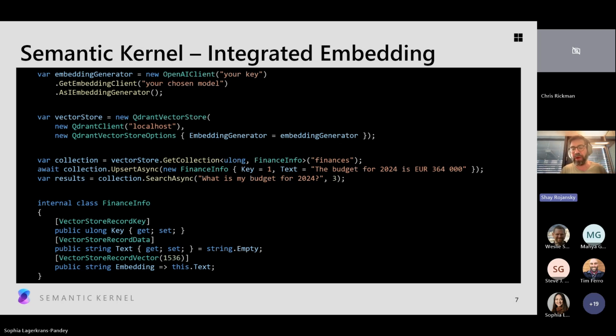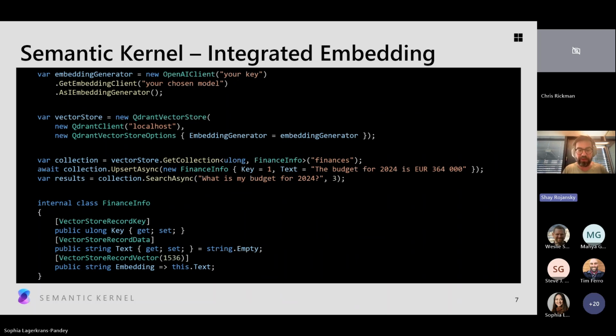Similarly for searching, you had to first do the step outside of MEVD. That was your own problem. You had to first call the OpenAI embedding generator, pass it a text, get back the array of floats, and then you can do a search given that float. The insight here in general is that this is something that most users should not care about. They use this abstraction to basically do similarity searches over text. So we want the package itself to take care of that for you.